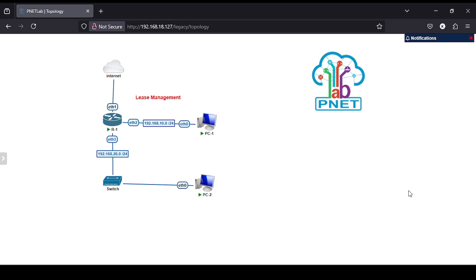In this video, I want to show you how to manage a list of DHCP server on your MikroTik. The list is the list of the IP addresses that have been